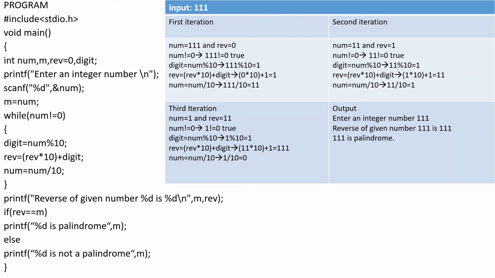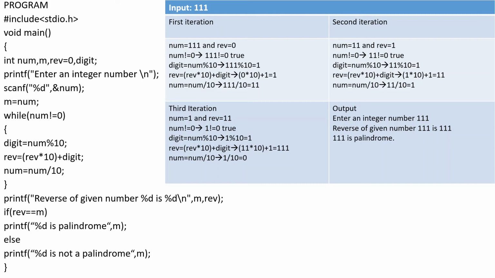Now here I have declared int, and 4 variables are used. First one is num, an integer type, used to accept the input from the user. Then another temporary variable I have taken, because I will be dividing the input number by 10 in each step to extract each digit from it, so the original value stored in num will change. That's why I need a temporary variable here to store the original number. Next I have made use of another variable, rev, and I have initialized it to 0.